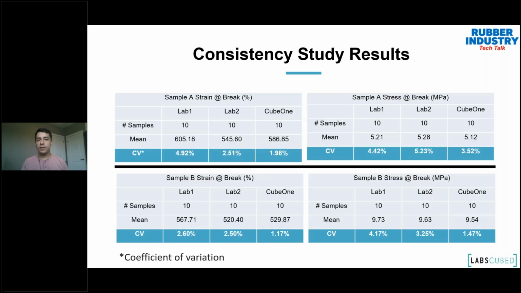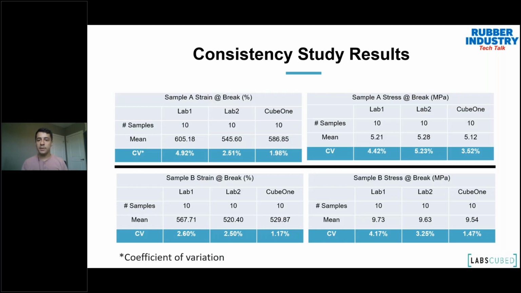And essentially what we found is, as you would guess, consistency and your coefficient of variation get better as you use automation versus manual. And we've seen this not just with tensile testing; we've also played around with customers who have automated rheology systems and automated hardness systems, and it does exactly the same thing, plus or minus. And it's not a small increase. For most customers, we're finding around 40% is the average increase in consistency that you get in a batch, for example. And that can be really important from an R&D perspective.